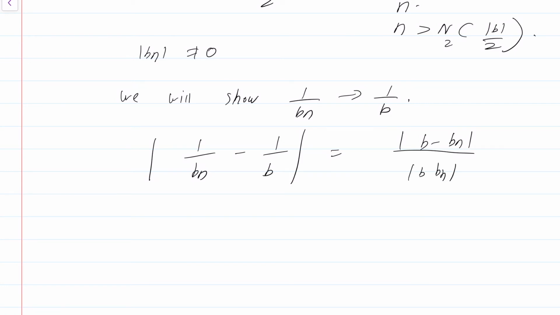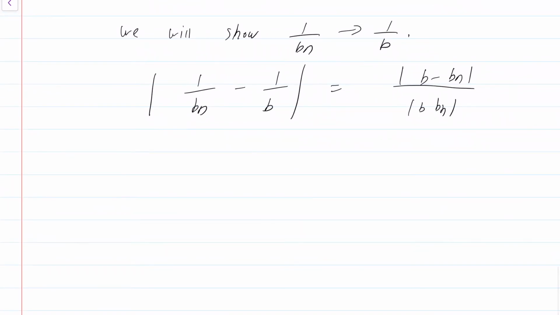Okay, now again, if n is greater than N of epsilon, now epsilon is no longer what we defined, |b|/2 or whatever. Epsilon is now any quantity, really doesn't matter, in R plus. Then what we get is |b − b_n| will be less than epsilon. So whereas the denominator |b b_n|,